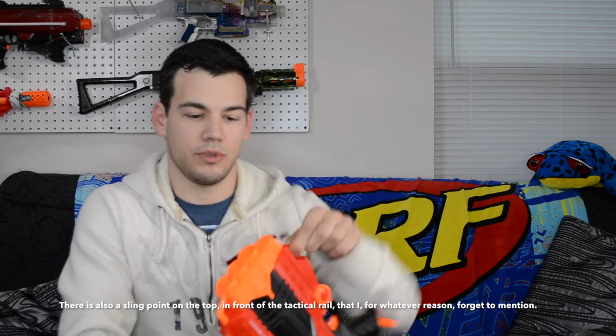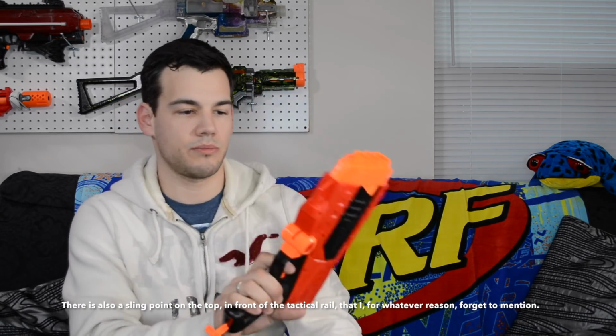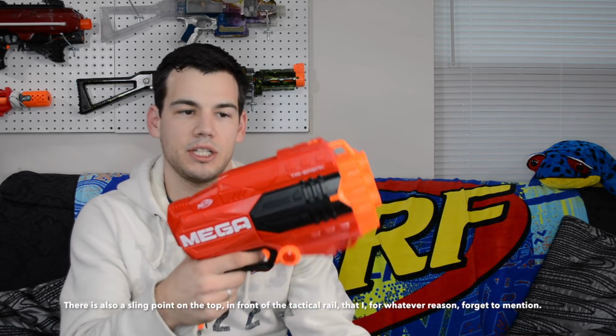There is one sling point down here on the bottom, so you can run it on a sling, which is cool. This would be something interesting to use for an HVZ event if you can use Megas to stun special zombies, or maybe your Nerf event uses Megas to break shields. I've heard that before, so